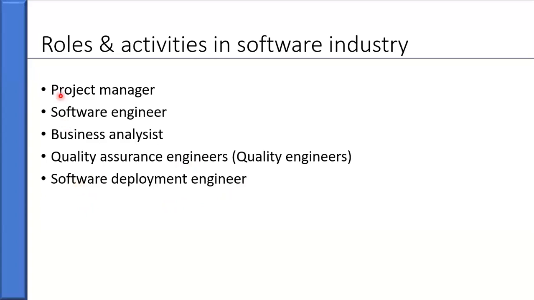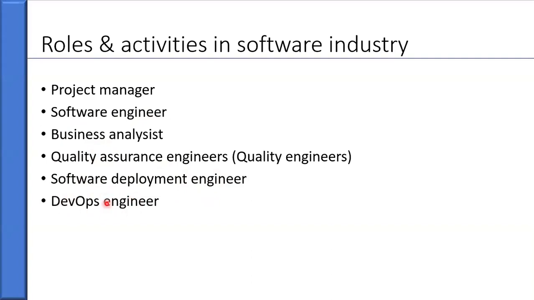The software development process under software engineers and quality assurance people completes the activities inside the company, and the software deployment engineer is responsible for deploying to the real world. Nowadays the deployment engineer's role is performed by different automated technical processes, but there are still software deployment engineers too,